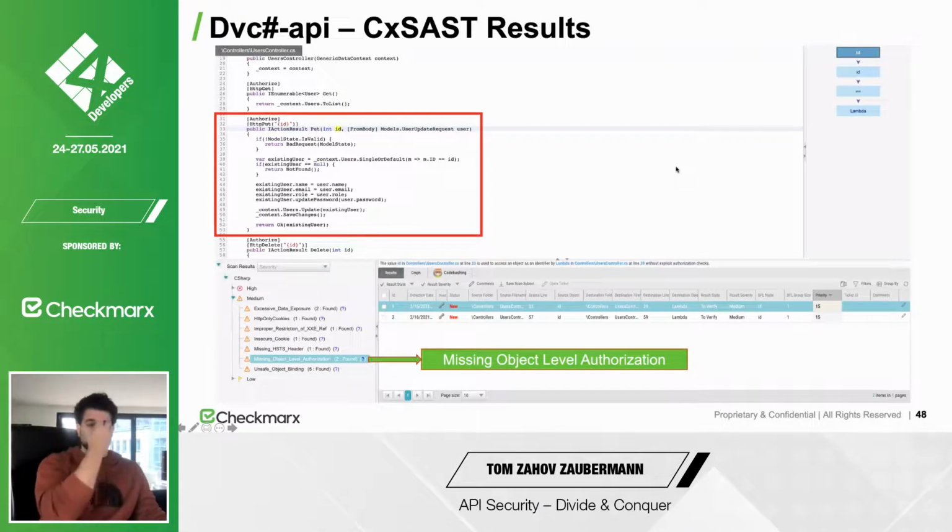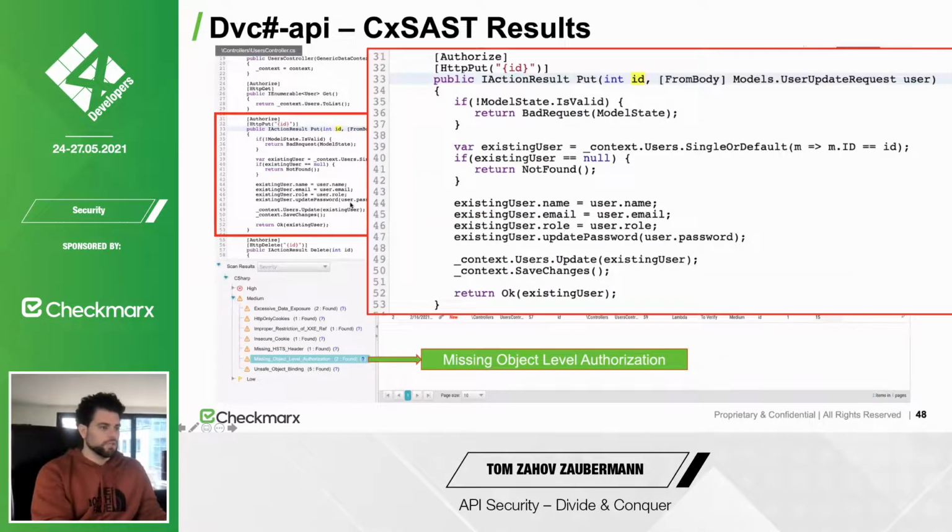So basically, what you can do with Checkmarx, we also scan for API security. So the top 10 we have, and you can see here after I scanned with Checkmarx SAST, the static application security testing, right, from the source code, I saw that there is a problem here. Maybe you don't see it well, but I see that there is some kind of missing object level authorization. So I see there is an authorized,